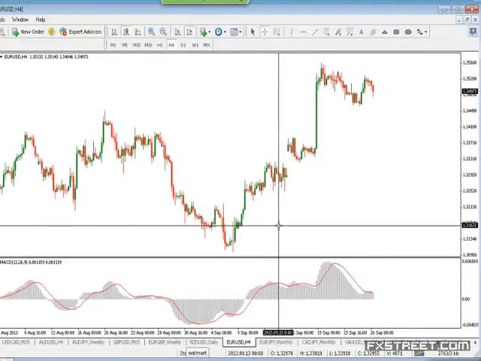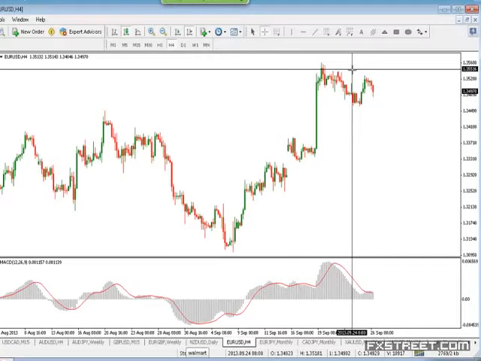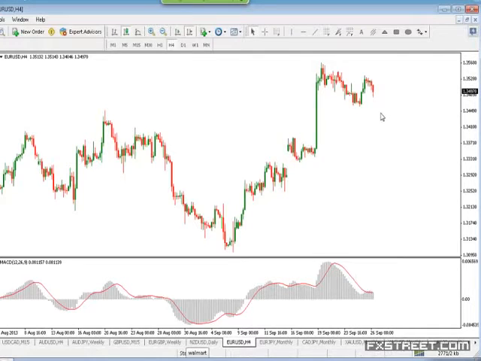So what I would do on smaller time frames is trade only longs until the histogram bars go beneath it. It doesn't mean that I should not trade shorts, but I would be a little more careful. In a case like this, I would wait for price to find support somewhere and then maybe start looking for longs again. So that's one of the best ways of using the MACD.